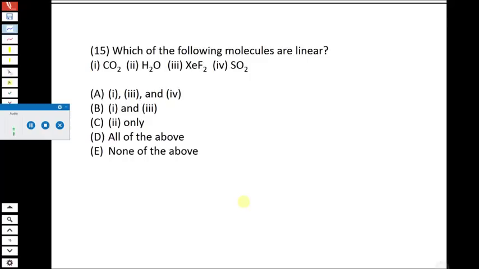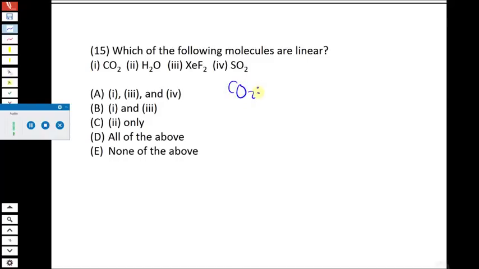Okay? So as you recall, when we have a formula that only has 3 atoms in it, which all of these do, you have CO2, H2O, XeF2, SO2, they all have 3 atoms in the formula. The only 2 geometries that are possible are linear and bent. And depending on how many lone pairs are in their central atom, that's going to determine whether the formula is linear or bent. So we have to draw Lewis structures for all of these and then remember which of those geometries we give. So if we have CO2,